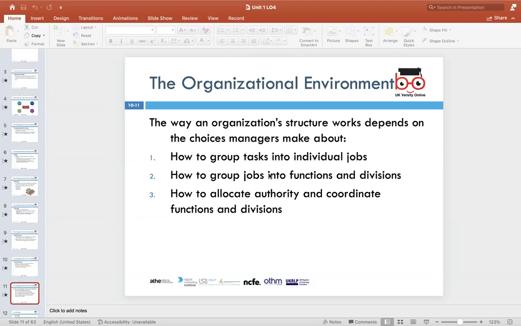And then you see that the organization structure depends on the choices that managers make, or how the groups or tasks are individually assigned, how they function together in a group, and the division that's done. And then also which people have the authority to get which tasks done, and how they coordinate that function amongst groups. So for example, if you have